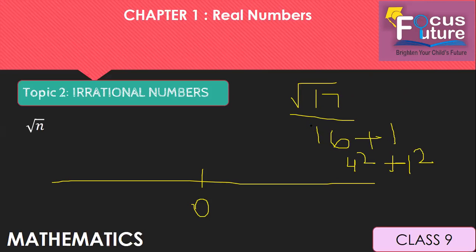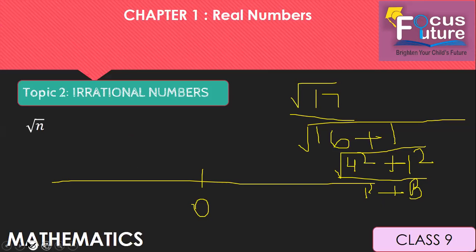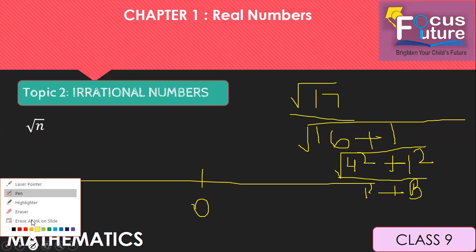So 17 can be written as 16 plus 1, 4 square plus 1 square. So that means the square root of 4 square plus 1 square. So our hypotenuse would be root 17. And this would be your perpendicular and this would be your base. As we know from the Pythagoras theorem